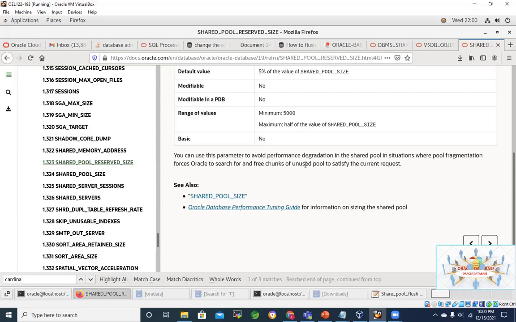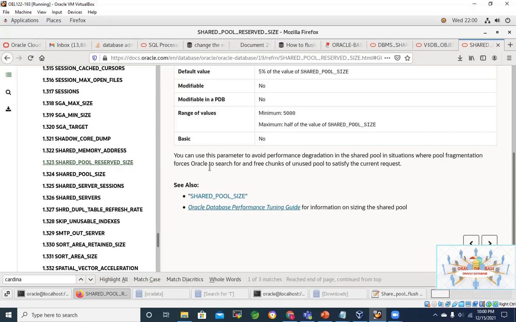Otherwise, Oracle has to initiate, because we are definitely aware that fragmentation is a performance issue in any of the caches. Maybe in the database buffer cache, even in the shared pool, it is the same case. So within the library cache, if fragmentation has happened, it will be a performance issue. And to avoid that, shared pool reserved size can be used. So Oracle by default uses that.